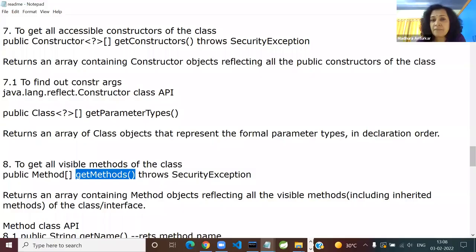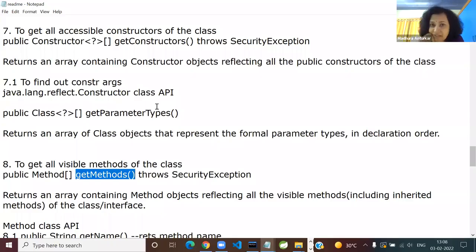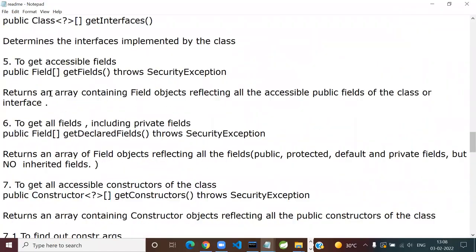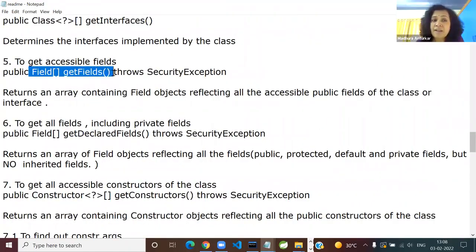What we talked about is how to find out the class declaration type of details, such as the name of the class, and what else, your interface, superclass name, etc. Now we are entering within the class. So here, how to find out the accessible fields? Accessible means visible fields. So the method name is getFields. And that returns you